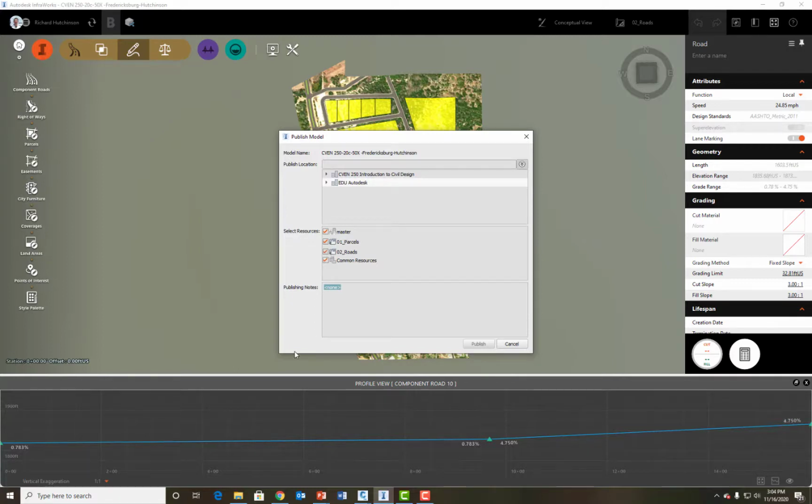Now what this will do is it will update it in BIM 360. It saves it in BIM 360. Right now this is already saved on my computer, but it allows anyone who wants to look at it at BIM 360 to see what I added since the last design. And so once I have that in, I would hit publish, and I would want to also put this in, and so I would pick my team. So let's see, Section 501,